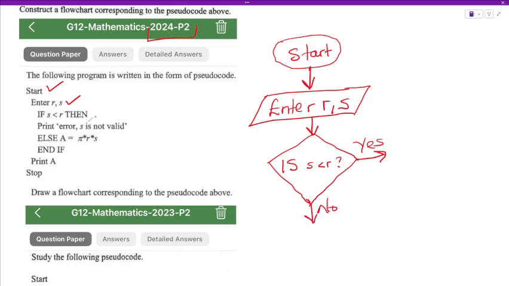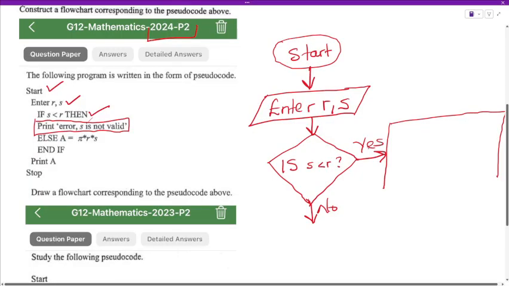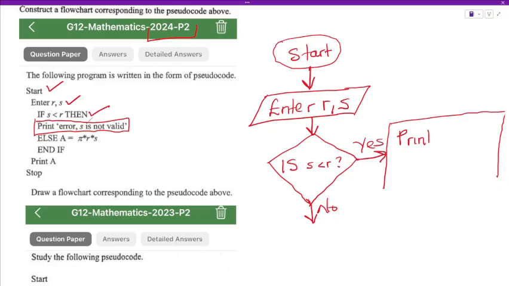Okay, what is following that? So usually to the right you need to just put a parallelogram here because you have to display something. What are we displaying? It just says print. Okay, so print is an output function, right? So what are we printing? Print error s is not valid. So print capital P, there is an opening single quote here. All right, so you add it like that. Error, comma, s is not valid. Is not valid. What else? You close there, and then you close your